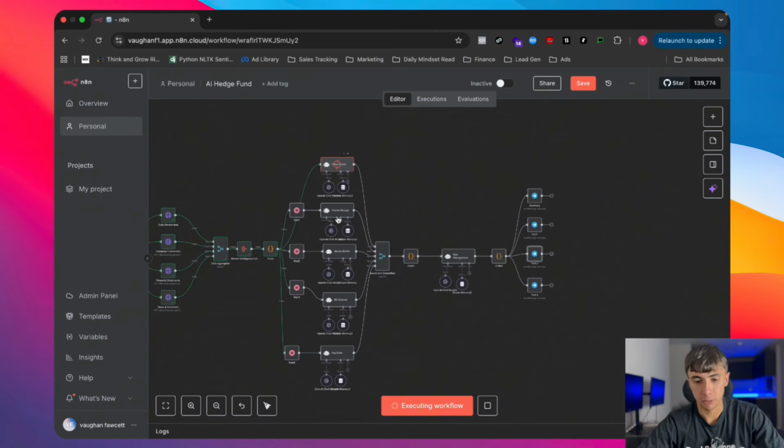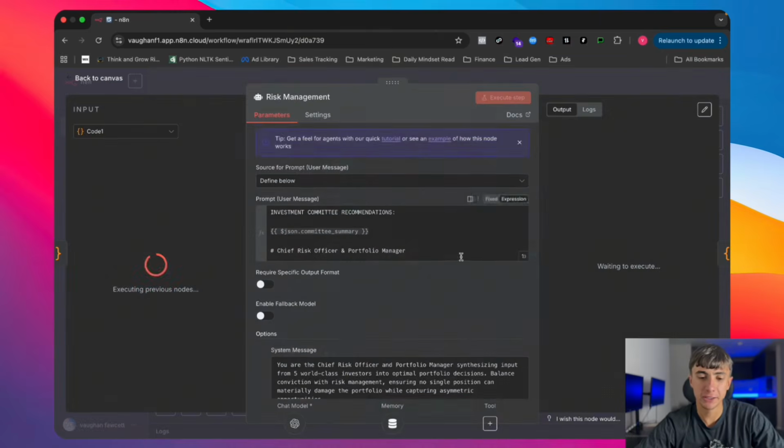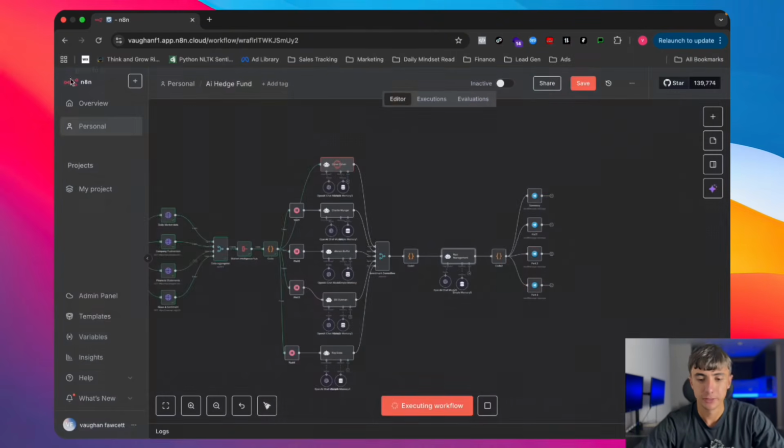You could just run this thing with one of these agents, but for some reason, just to be fancy, just try and be cool, I went for 5. Then what it does, again, because we've got multiple data sets, all we need to do is merge that back into one. So we merge it into one. This code just formats it for the risk management. So then we have a further agent. This one just basically gives us a risk assessment on the trade, tells us whether it's safe or not